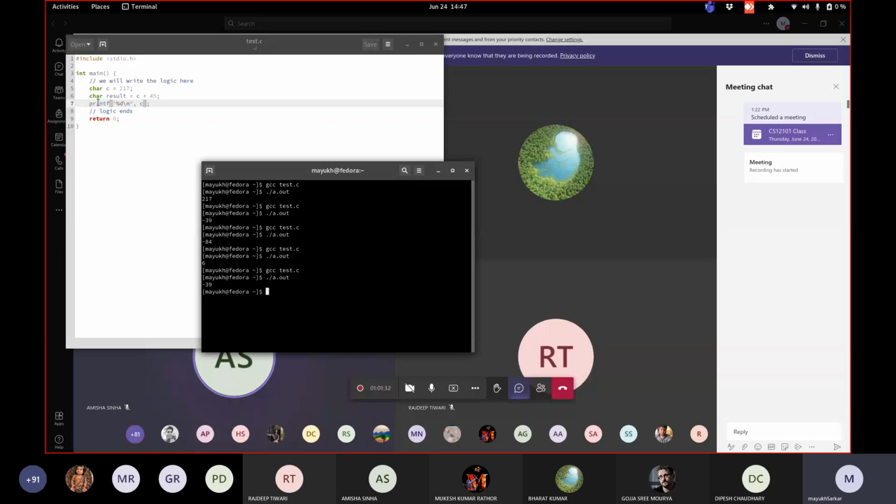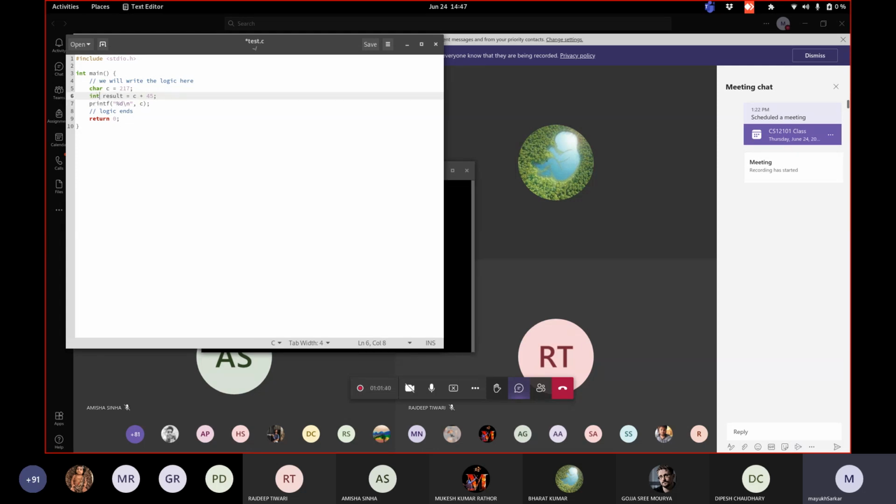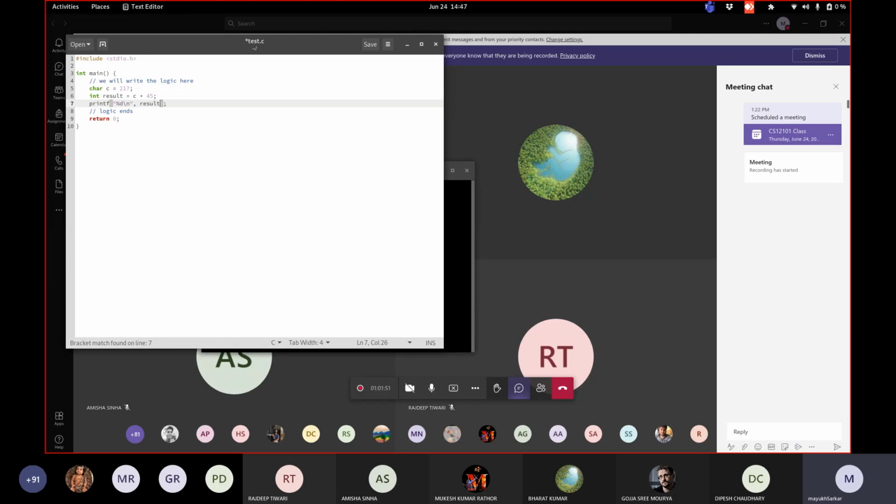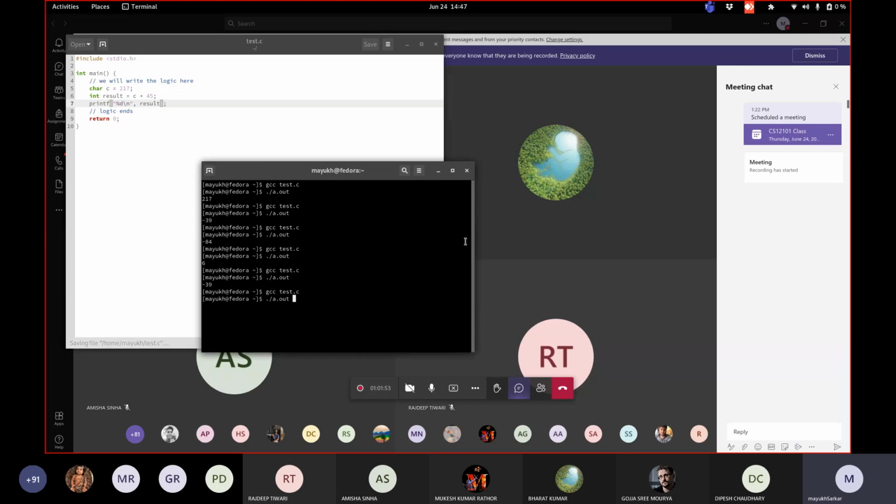This chopping off of the leftmost bit happened because we confined it to store within 8 bits. Now let me store it in full 32 bits, and if I have to print the result here obviously as well, just 1 second.